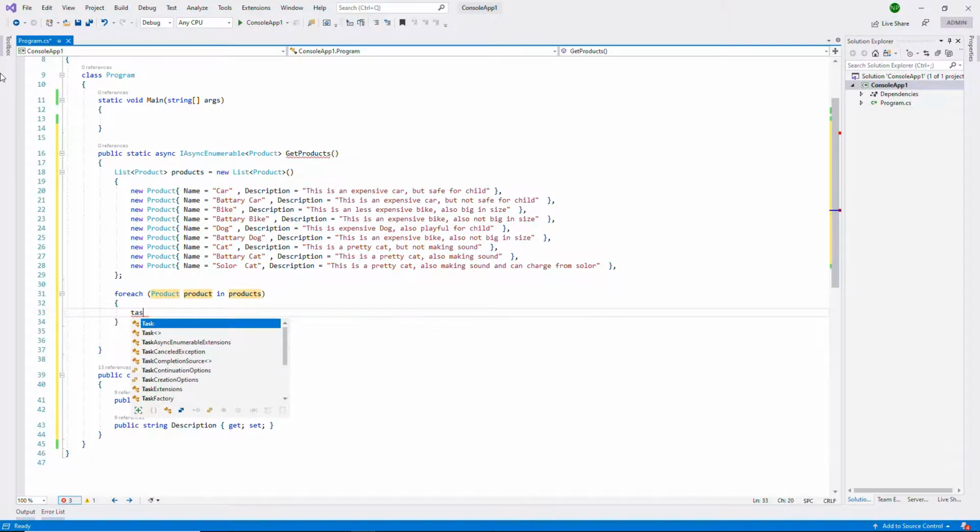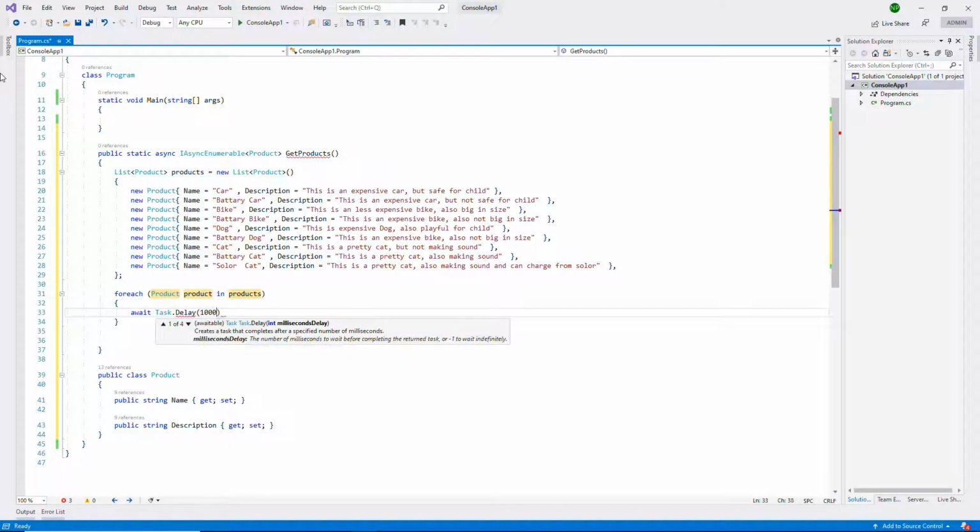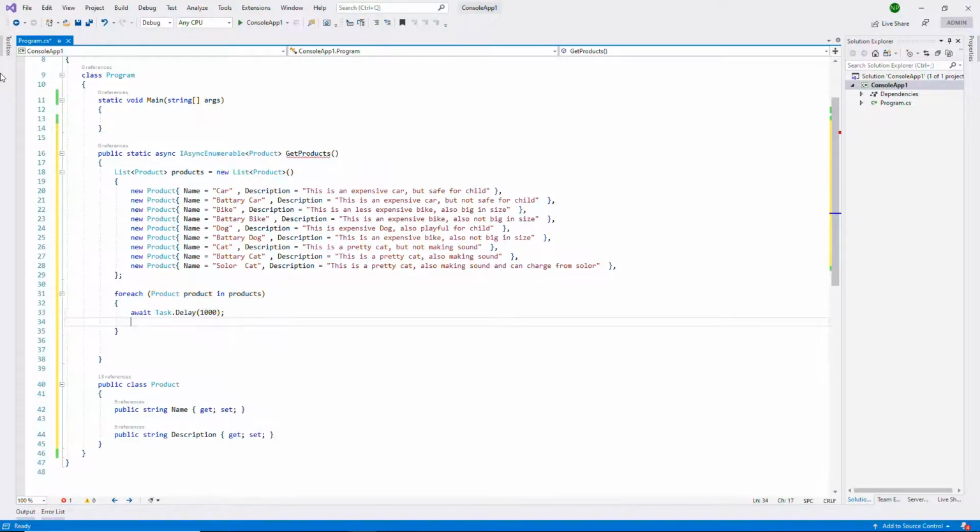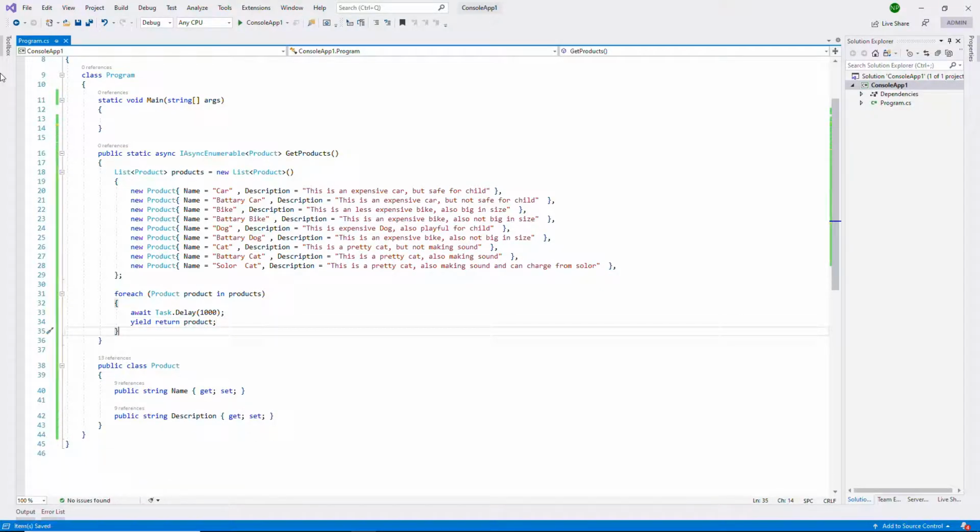Now, to simulate this function is working as a stream, I will put a delay of 1 second and after this I will use one yield statement to return an individual product. So this is the creation of an asynchronous stream function.